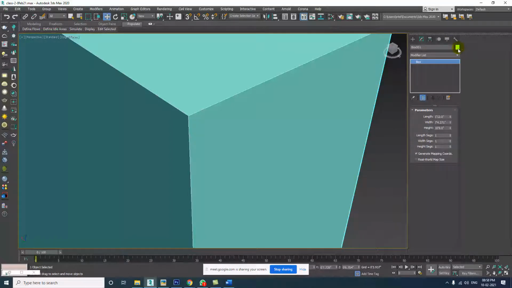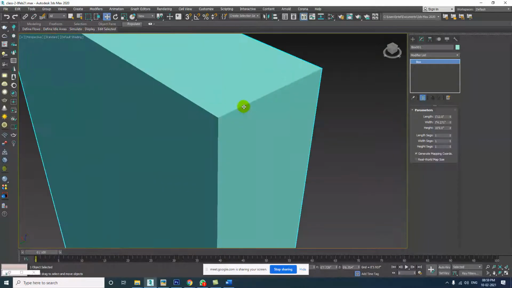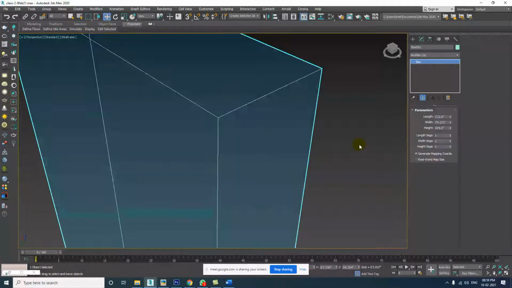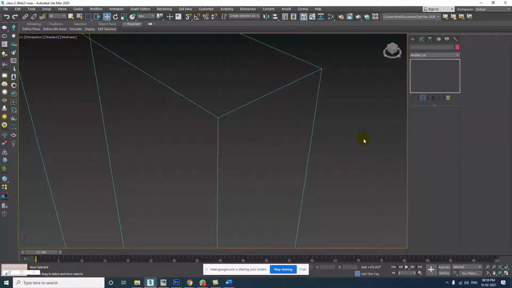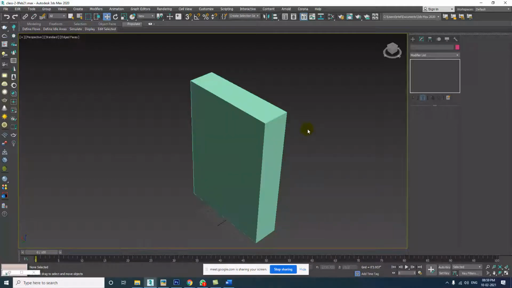When we work on the actual texture or material, this edge line will be more prominent and you can see it very clearly. But as of now, just consider that the boundary lines are visible with the help of F4. But you have to be in solid mode. If you are in wireframe mode, it's difficult to see because the wireframe is already visible. What F4 is doing is showing the wireframe on top of your solid shape.